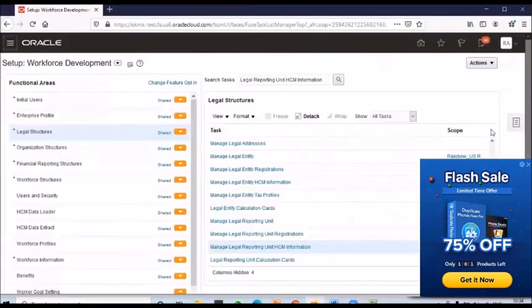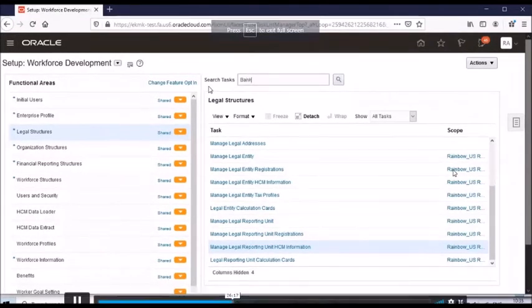So already we have a legal entity. You can go for bank account or something.